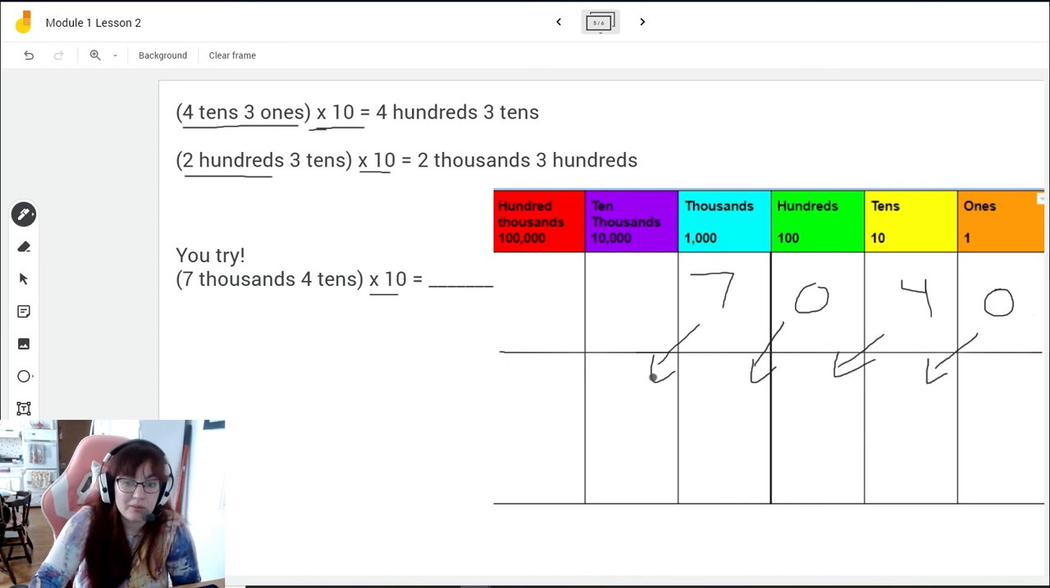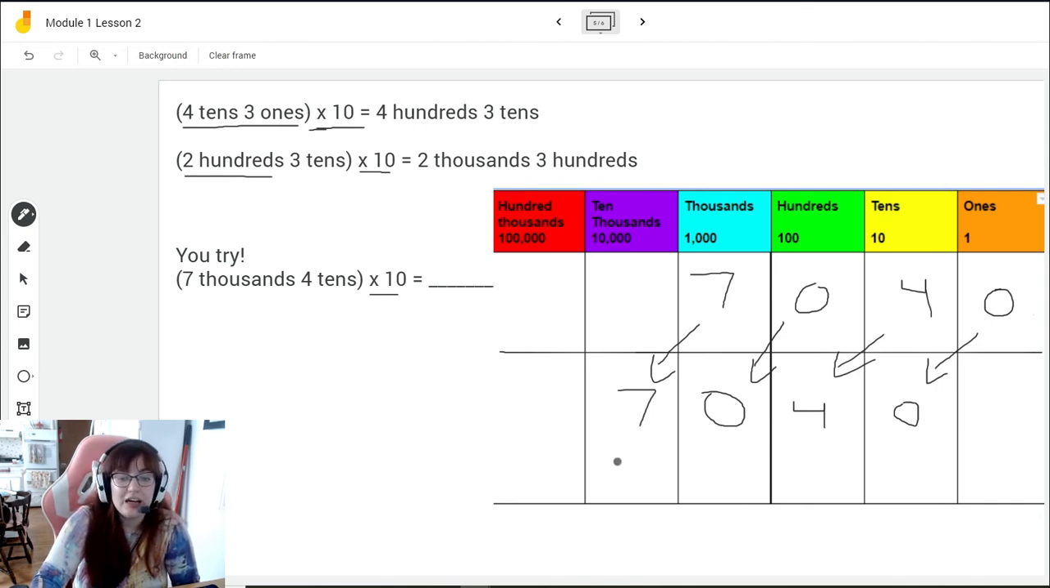Then I am going to move everything over, so 7 thousands times 10 is 7 ten thousands. My 0 will move over. My 4 tens times 10 will become 4 hundreds. The 0 will move over. And remember that I need to fill